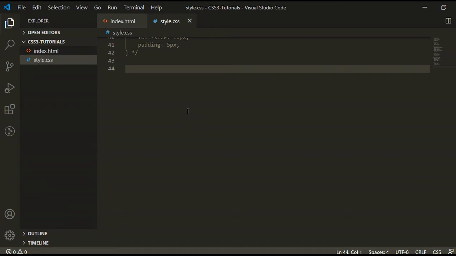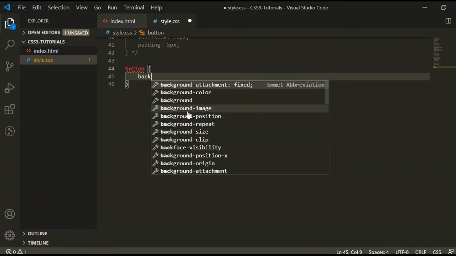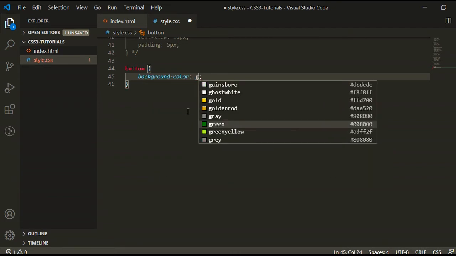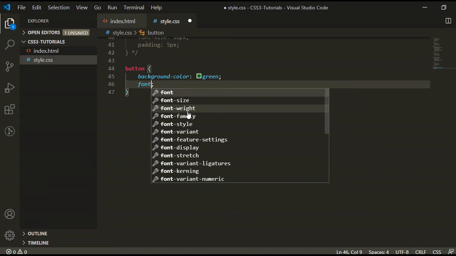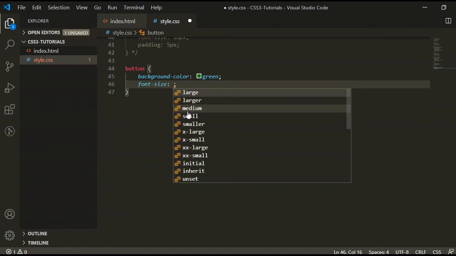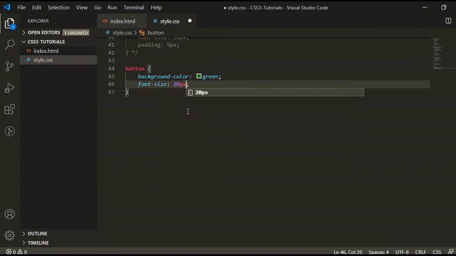First we will write the selector, button, and we will define the normal state first, like background, it's green, give some font size, so 20 pixel, and give some padding, 10 pixel and 20 pixel.